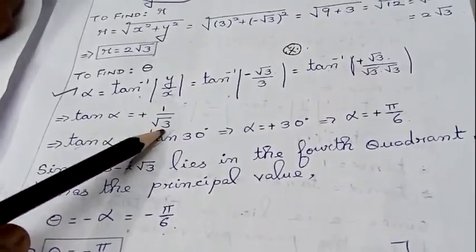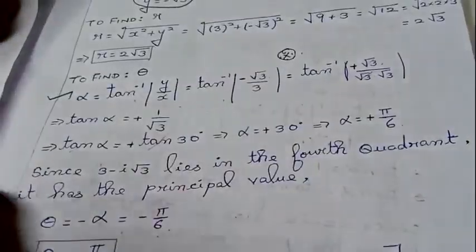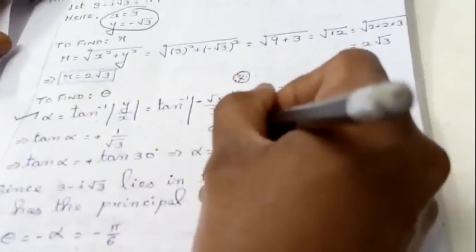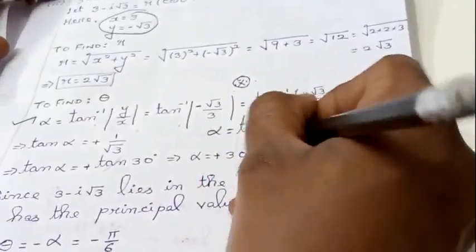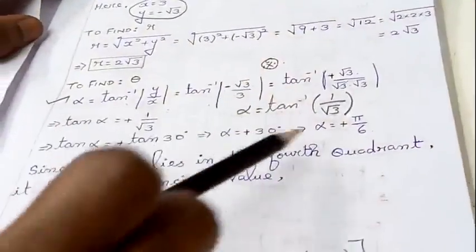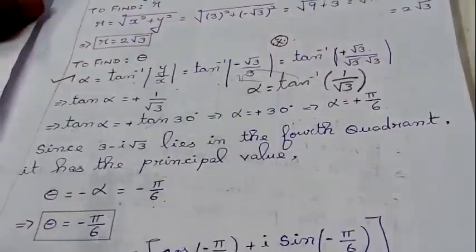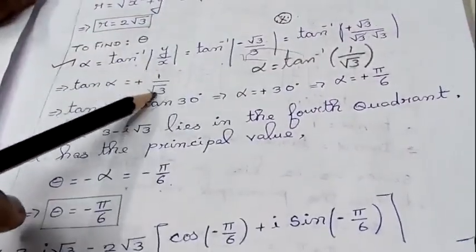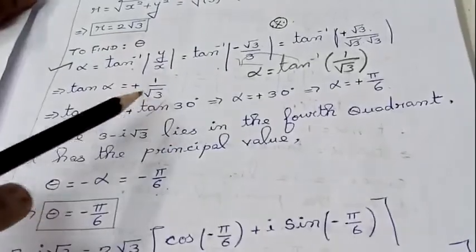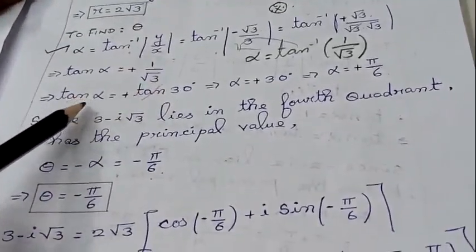You can keep it as it is like this, or you can just bring this. Also, what I am getting here is alpha is equal to tan inverse of 1 by root 3. After removing the modulus, it will be converted to positive. You can bring this tan here. If you bring it here, that is tan alpha is equal to 1 by root 3. Again, I am writing this 1 by root 3 as tan alpha is equal to tan 30 degree. You can do it in any way, or you can keep it and find according to your convenience, no problem.